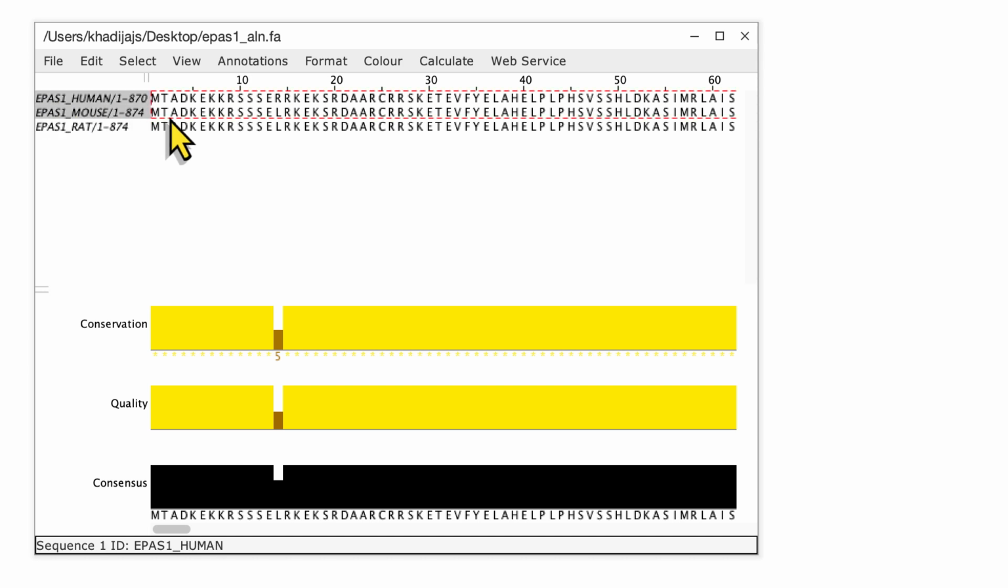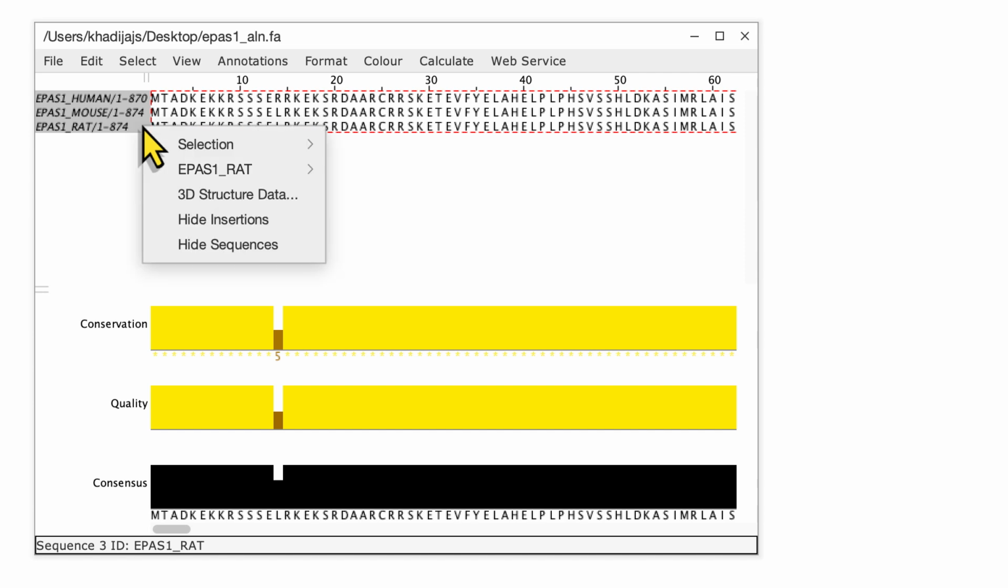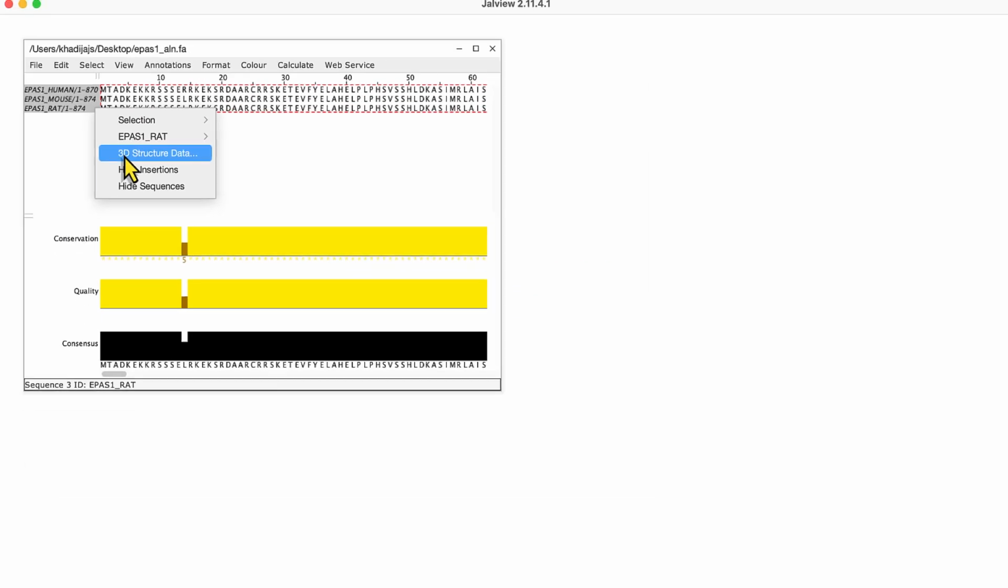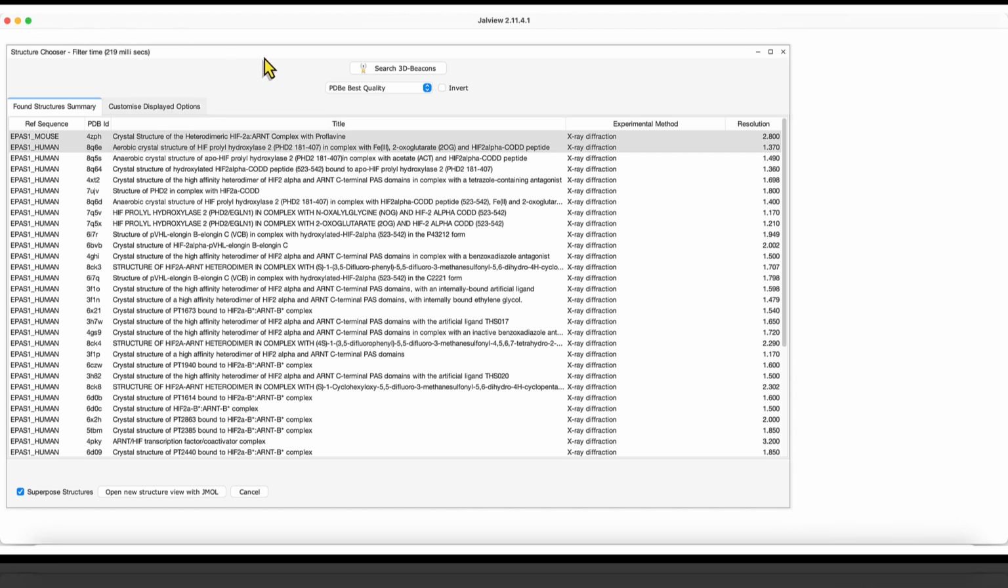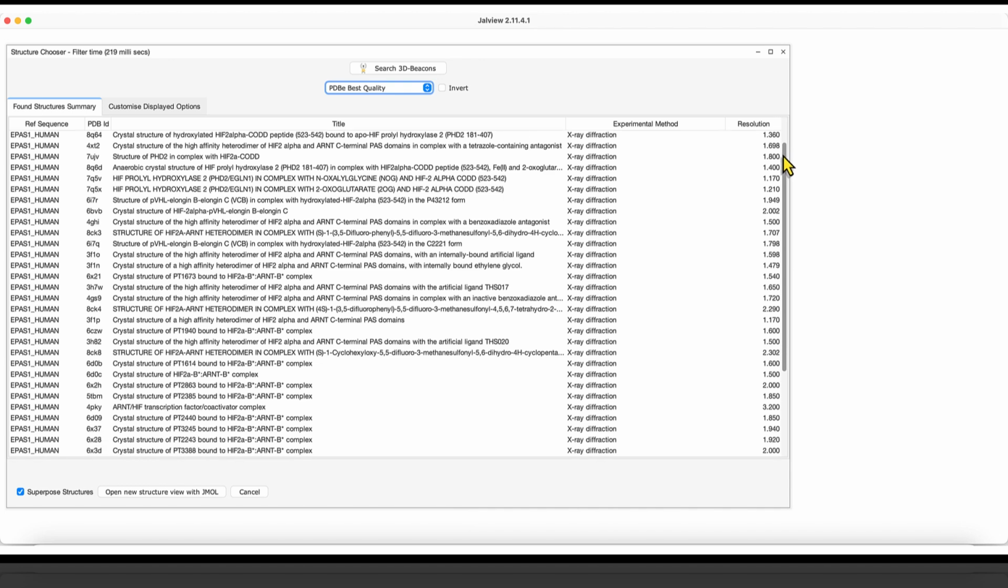Now I'm going to select all the sequences and then right-click on any sequence ID to then select the 3D structure data option. In this first search, Jalview will extract accession-like words from the sequence IDs to search Protein Data Bank Europe. And once this search is completed, the best structures will be automatically highlighted by Jalview in gray, as you can see here. These have been determined using a combination of the quality of the experimental method and the resolution of the structure. So we have a list here of all the experimental models from Protein Data Bank Europe